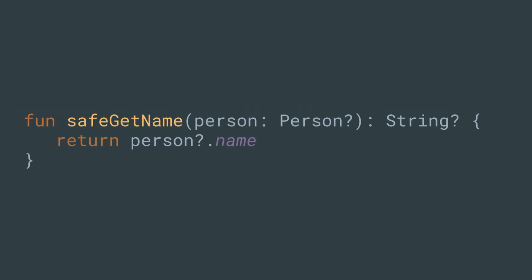Kotlin gives you what they call the safe navigation operator. It receives something of type nullable person. You can use the safe navigation operator on something that's not nullable, but it's pointless, and the IDE will give you a warning saying this doesn't need to be here. What this does is that if person is null, it just returns null. That's why the return type of this method has to be nullable string. But if person is not null, it just returns the name.